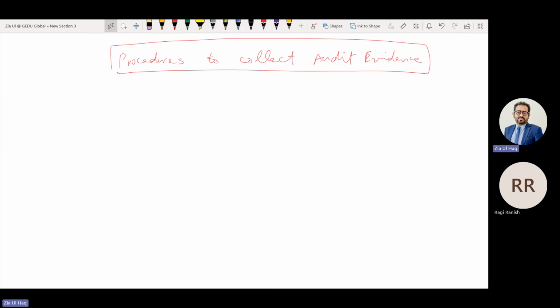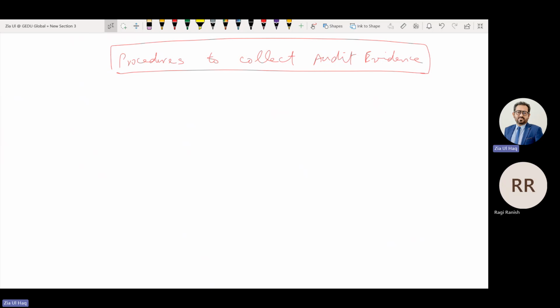The word procedure means action of the auditor. Procedure means the action of the auditor that he is performing to collect audit evidence. Audit evidence means the outcome of the procedure. Meaning after performing the action, what you are having in your working paper, that is evidence. If you are saying this is true, this is wrong, anybody will ask, where is the evidence? What will you show? Your working paper.